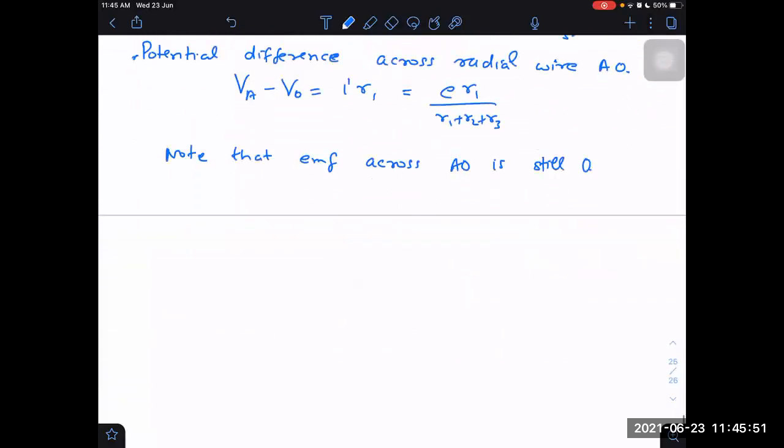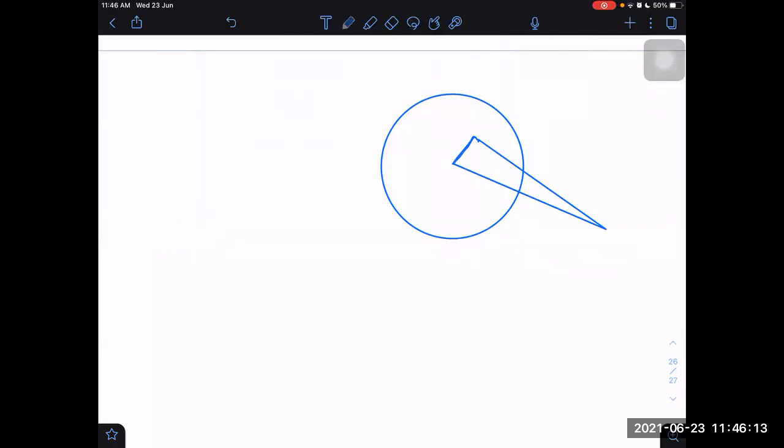One student had asked a question that some students still don't answer properly. Naveen, can you tell me what that question was? Something like this: rods with a radial line, one rod here, at 60 degrees at the center. There are two radial lines here. Let us consider points A and B and O. Along AO, what is the EMF? Zero. Along OB also zero. But EMF will be only along AB.